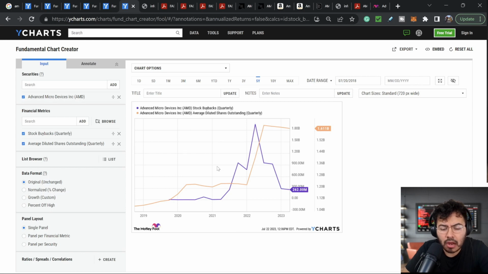Next, I wanted to take a closer look at this company's buyback and average diluted shares. We can see buybacks are positive, right? There are quarters where they do some nice buybacks. The most recent quarter was 262 million. Unfortunately, one of the biggest problems for this company is that due to the acquisition of Xilinx, the average diluted shares did increase dramatically. But I don't think this is necessarily a bad case, especially as we saw those PE ratios and that earnings per share has not really dwindled as much, because Xilinx did come with positive cash flow, did come with positive earnings.